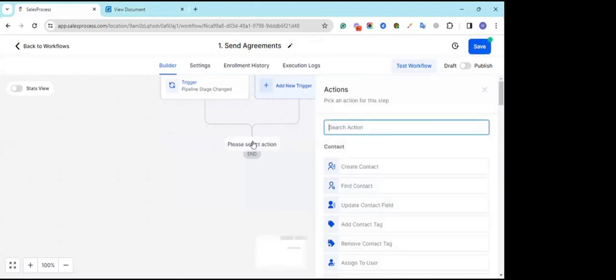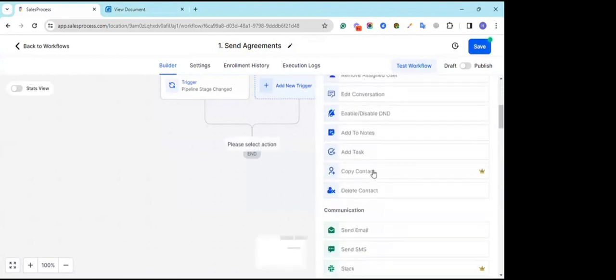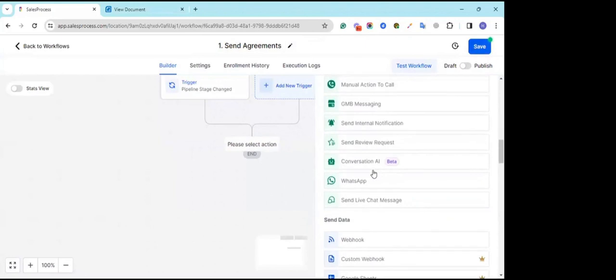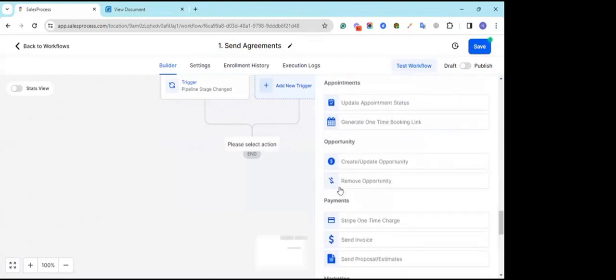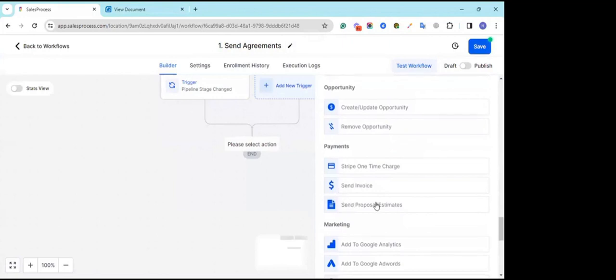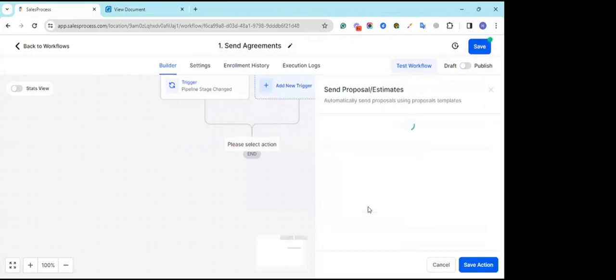What would be the action over here? If I click on plus over here and scroll down, you will find an option under the payments area over here, send proposal and estimates. So this is the one I'm going to click, and it says from which user you want to send this